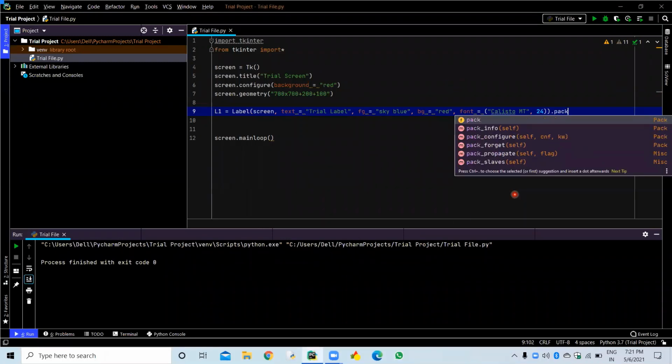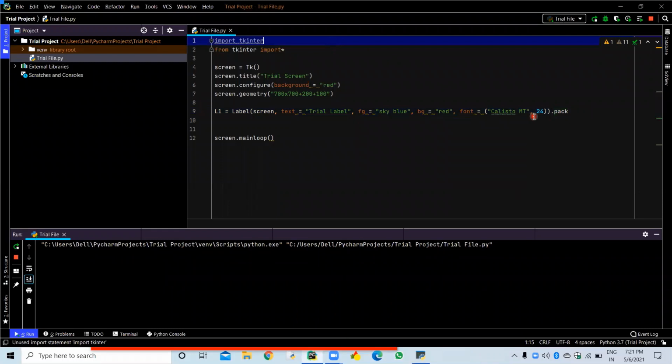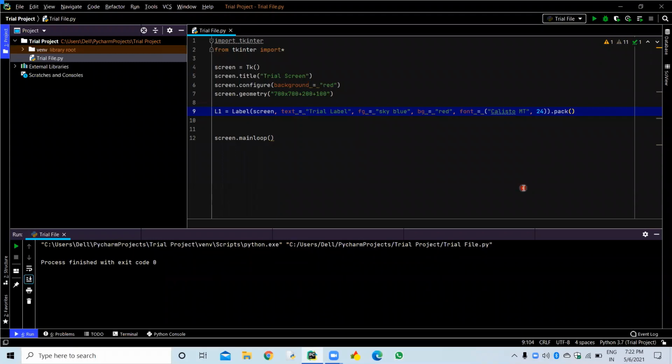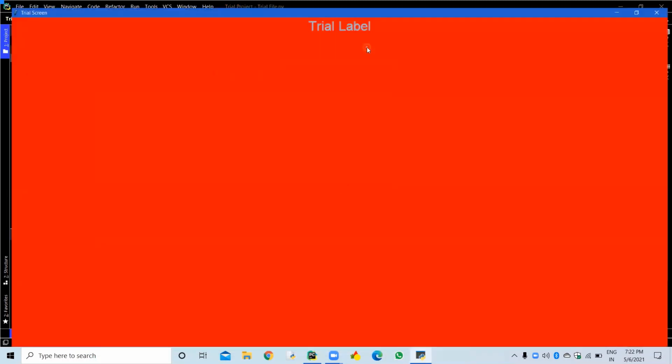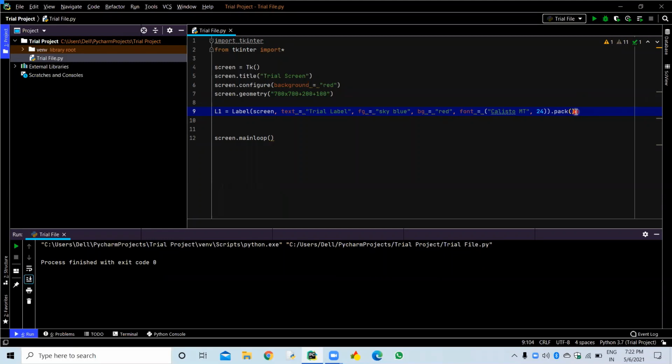So if you place your dot pack and you run it, it's not coming. So if you enter dot pack and then run it, then see here is a trial label. Okay, now it is coming on the top of the screen, because if you do pack and then you place the objects, then one by one the pack function places them accordingly, like the order in your code, like it is first